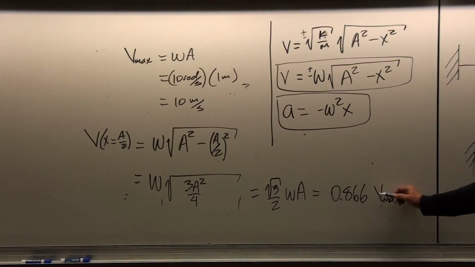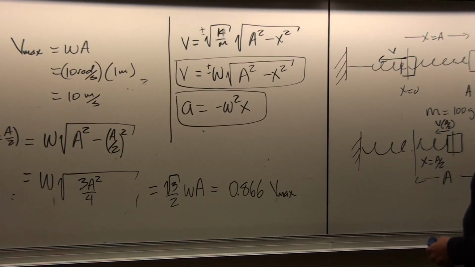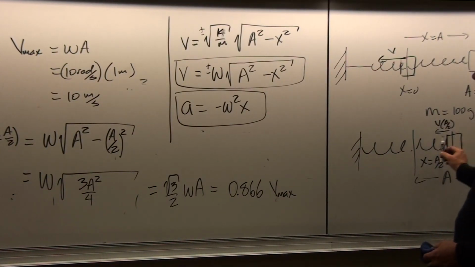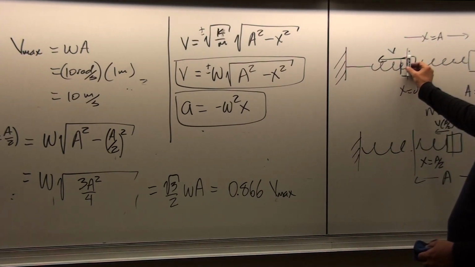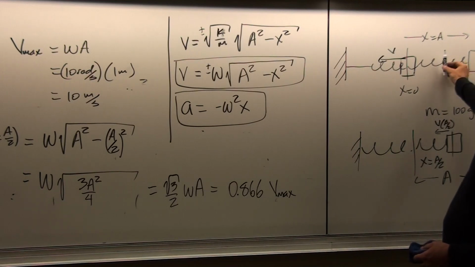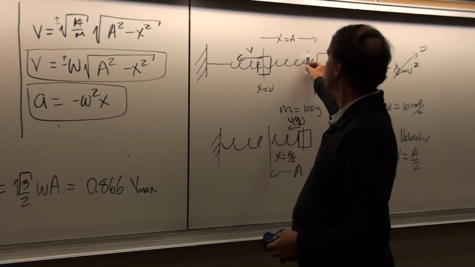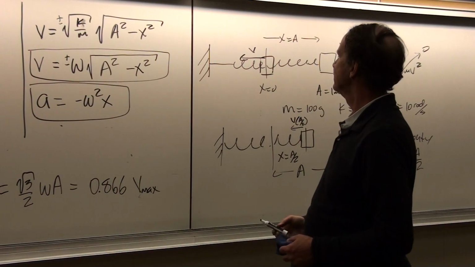Okay, so the percentage of the maximum velocity, when it's at its halfway point, is already 86% of the maximum velocity it has when it's at x equals 0. Okay, so why is that? Well, because most of the force was gotten through this half of the motion. Because the force is larger, and the force is getting ever smaller as we go through that second half of the motion.